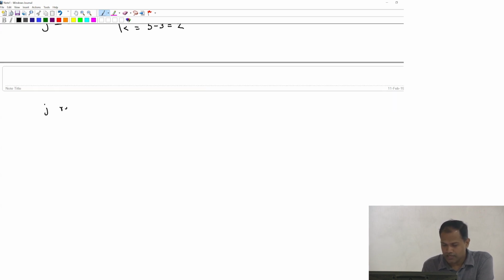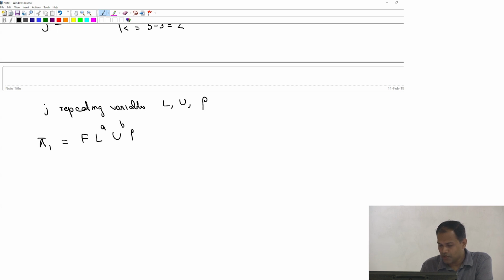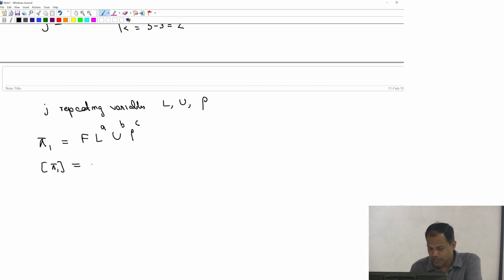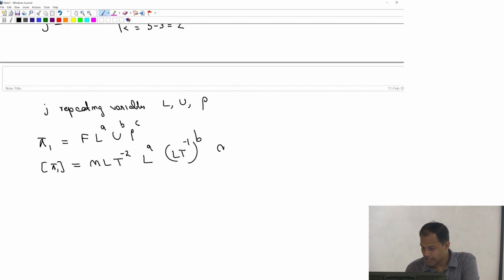So j repeating variables, which we chose as length, u and rho, and therefore we wrote down our first combination pi 1 which contains f times L to the power a, u to the power b, rho to the power c, and in terms of dimensions we wrote that as m L t to the power minus 2 times L to the power a, L t to the power minus 1 to the power b, and m L to the power minus 3 to the power c,